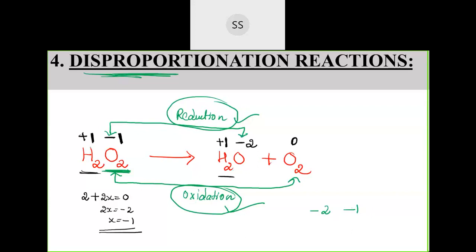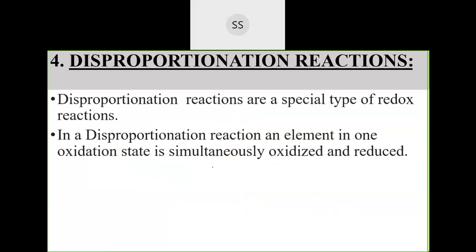You can balance this also. If I balance this out, I'll multiply by 2 here, and this can be multiplied by 2, so you'll get the proper balanced equation. I believe it is clear. Fourth one, this reaction you can actually check out in our daily life also. We do this reaction, the disproportionation reaction.